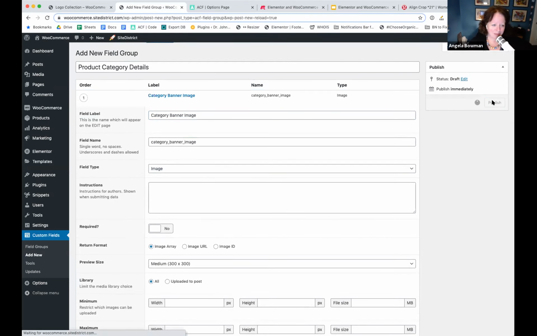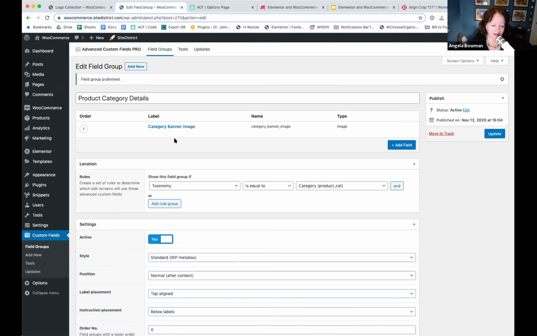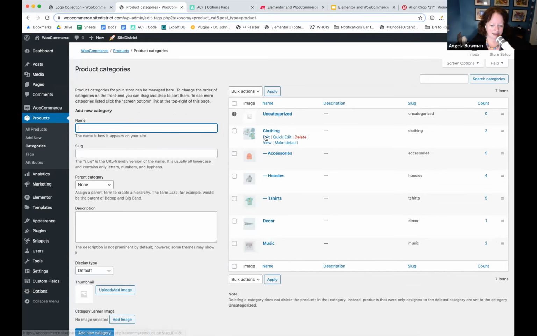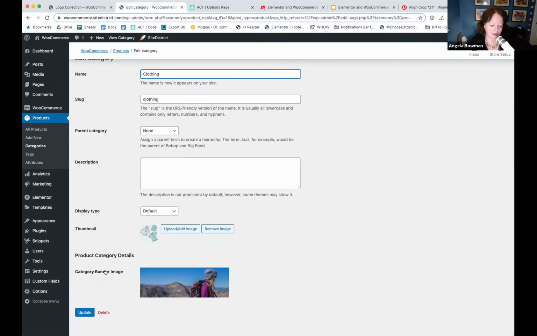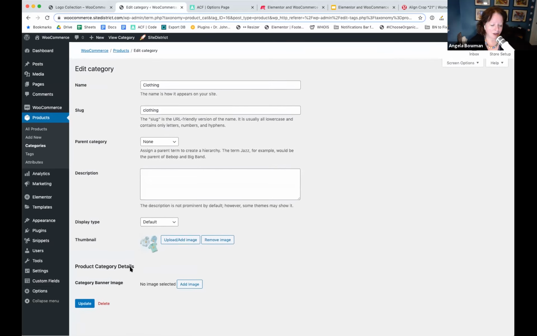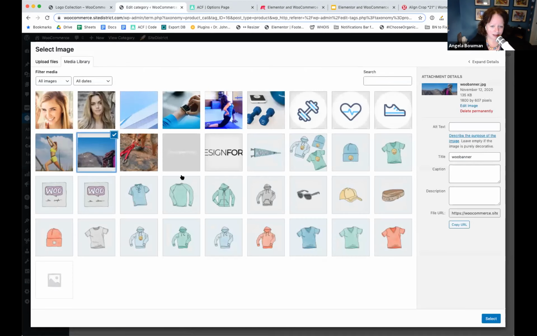Okay, so we'll publish our category details. And again, we just have a banner image field that's only going to show up on our category pages. So if you go to products, categories, and edit any of the categories, we'll just edit the clothing category. We now have a field. I actually put something in there, but you'll have this new field, category banner image. Yay, that's super cool. So we still have the thumbnail for the category that can be used in your category grids, but now we have another area where we can actually upload a banner image. So I'm going to choose for this category this image